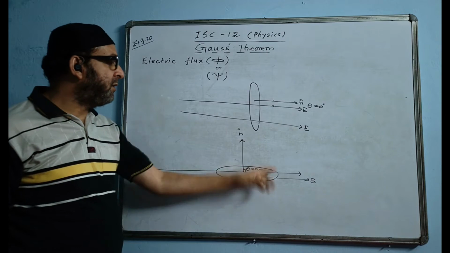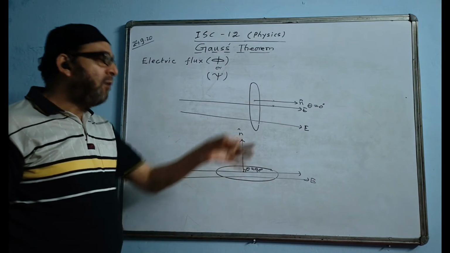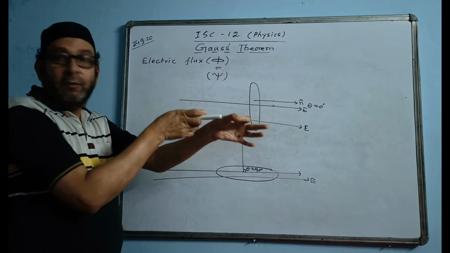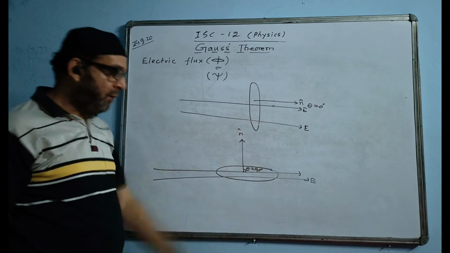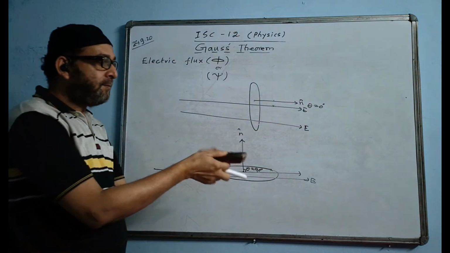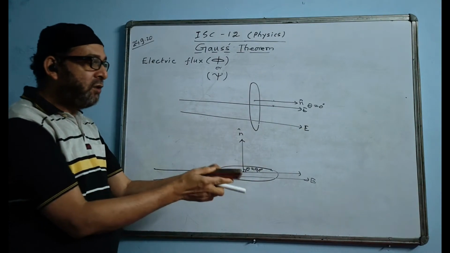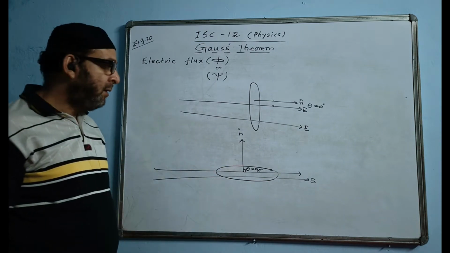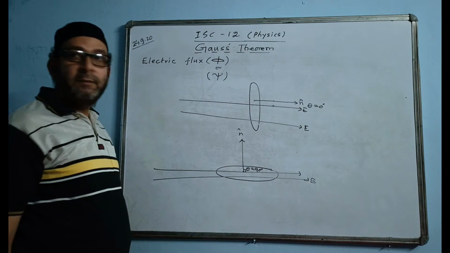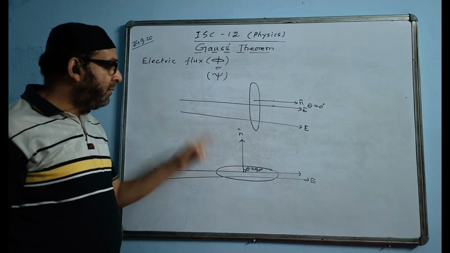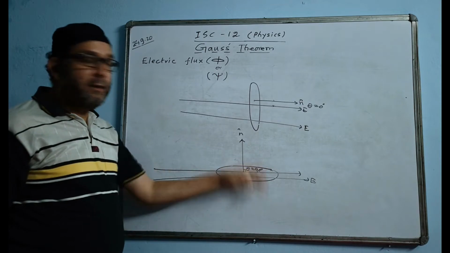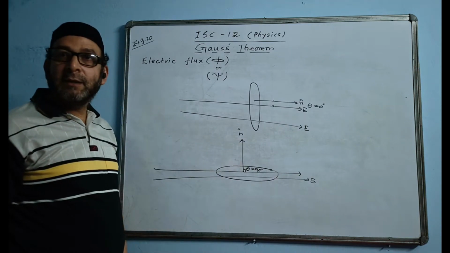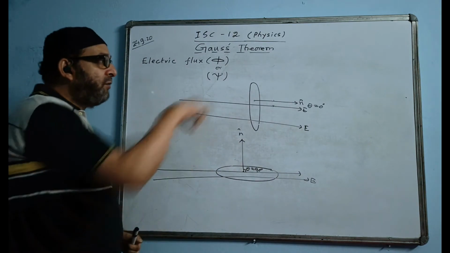That means the value of flux through the surface is 0. Suppose the circle is like this and the line is going like this. Do you think any line will be able to pass through it? It will be blocked by the surface. If the surface is horizontal and the line is coming this way, it is getting blocked, so the line will not be able to pass through it. So this is how we calculate the value of theta. For the area vector, you have to draw a normal to the surface area, and whatever the angle between n cap, or the normal vector, and E, that angle is the value of theta in this case.